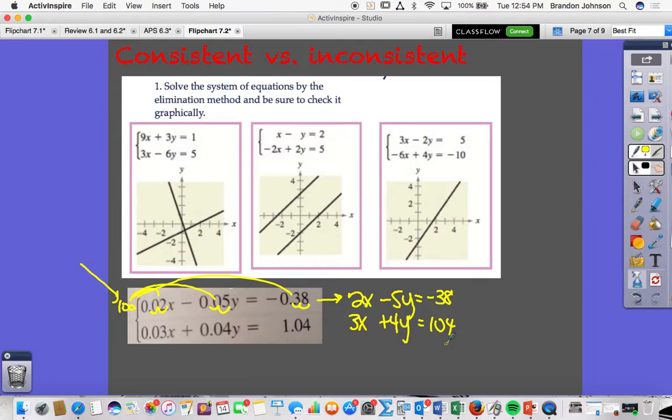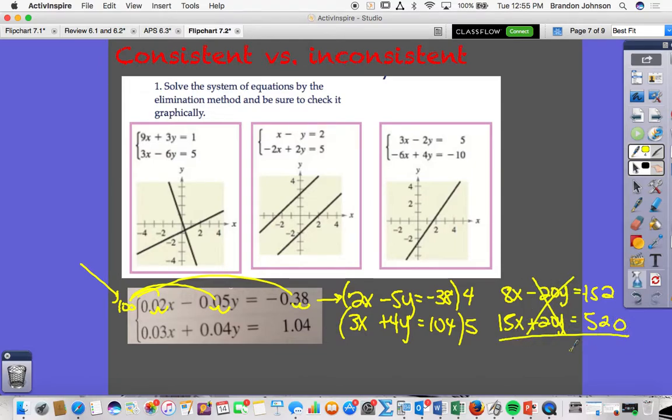And we can then solve this. One of the things you could do, you could isolate either x or y by substituting. It might be easier on this one to maybe, on the top, multiply by 4 to use elimination. And on the bottom, we multiply by 5. So then we have 8x minus 20y equals negative 152. And on the bottom, we get 15x plus 20y equals 520. Y's cancel, so we get 23x equals,